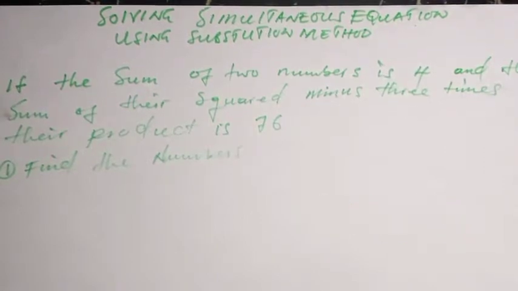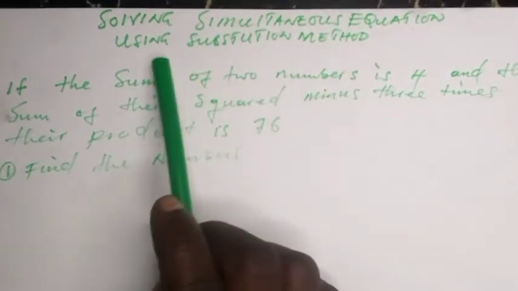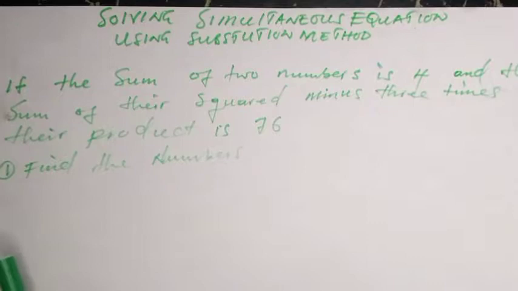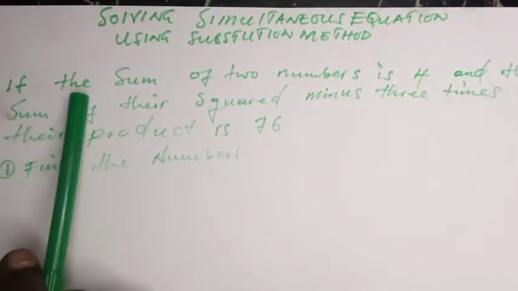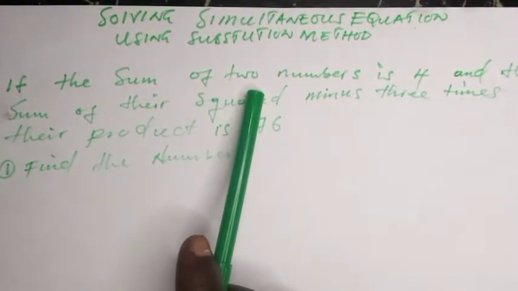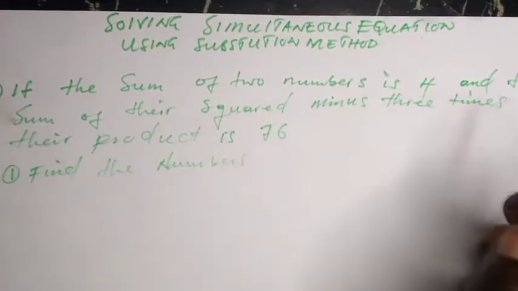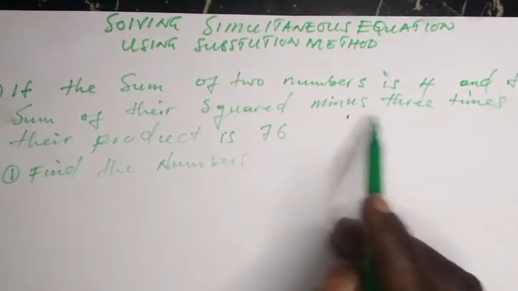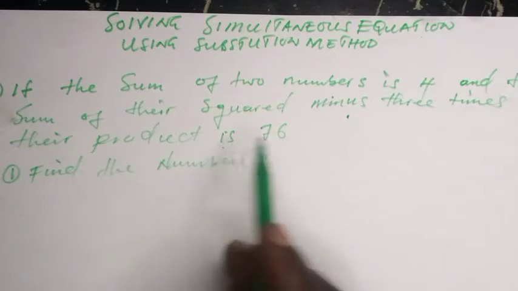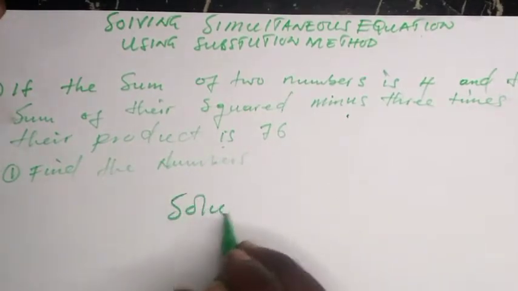Last time we were looking at the laws of indices, and today we are looking at solving the simultaneous equation using substitution method. We have the question written down here. If the sum of two numbers is 4, and the sum of their squares minus 3 times their product is 76. So now for the solution,